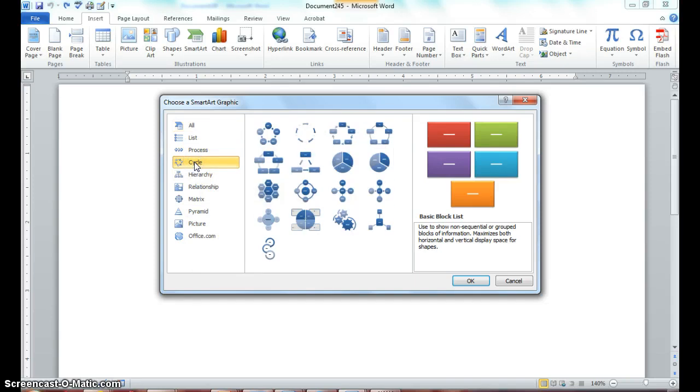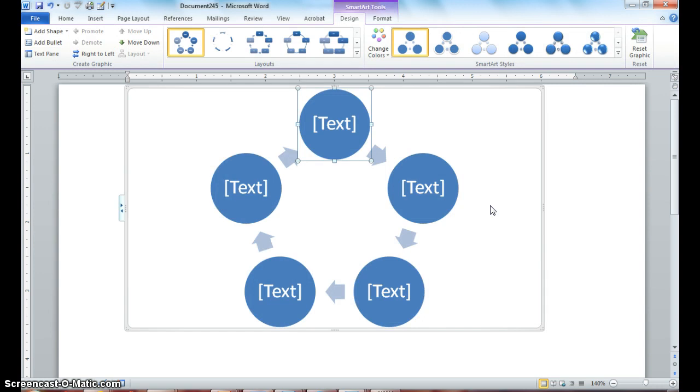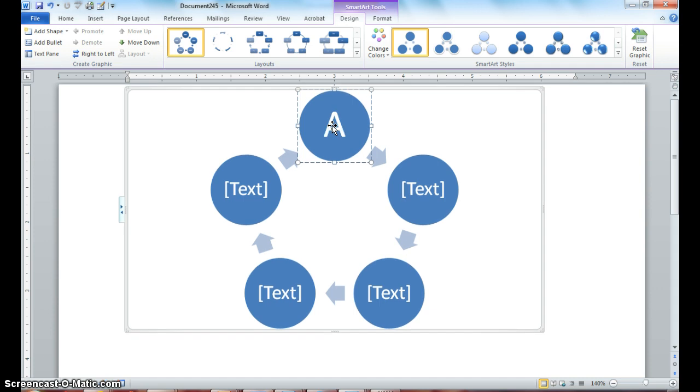So let's go to Cycle and notice you get several different diagrams that appear. So let's click on the first diagram, which is your basic cycle, and notice I got my screen tip that tells me what type of diagram this is. So you can double click and notice that it inserts that same SmartArt into your document. Okay, so notice we have placeholders within our shapes that say Text, which is exactly for us to click and add text. So click in your box and let's type